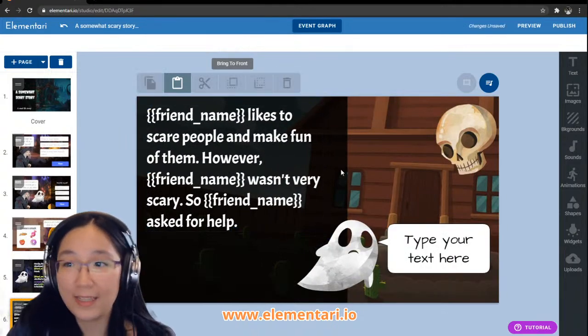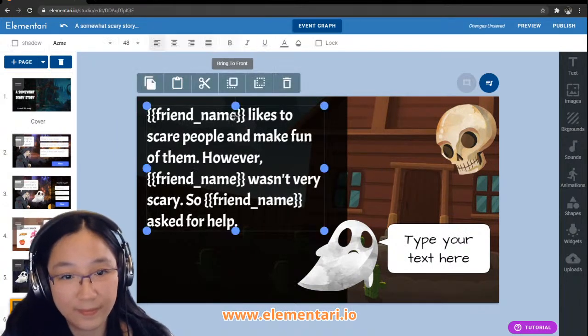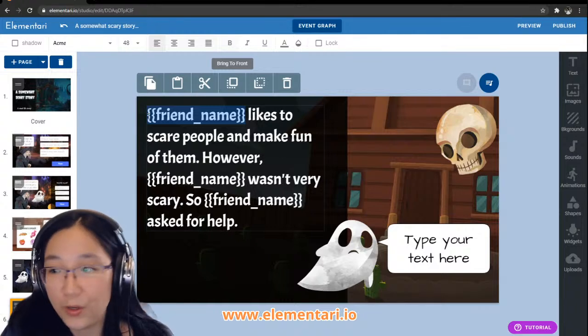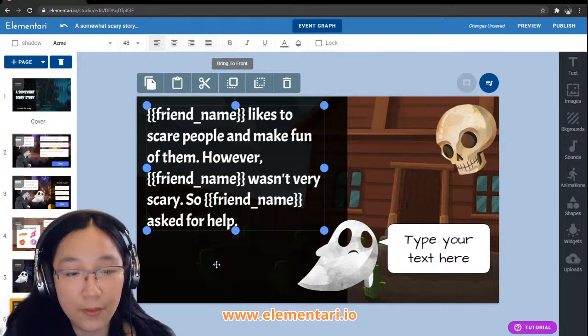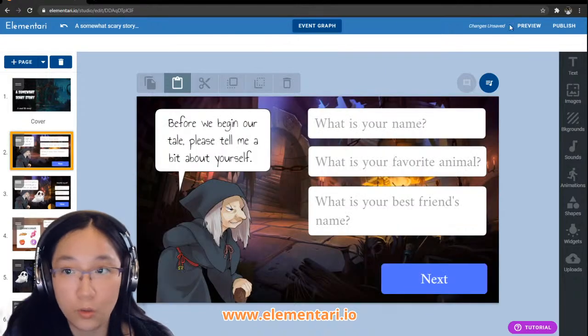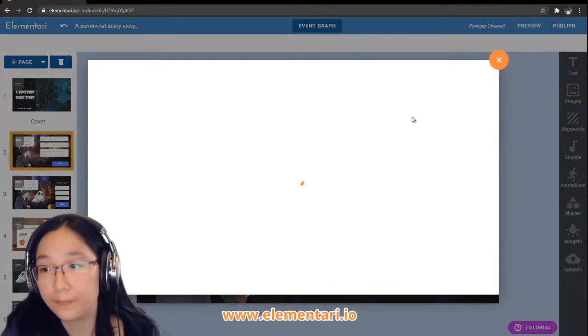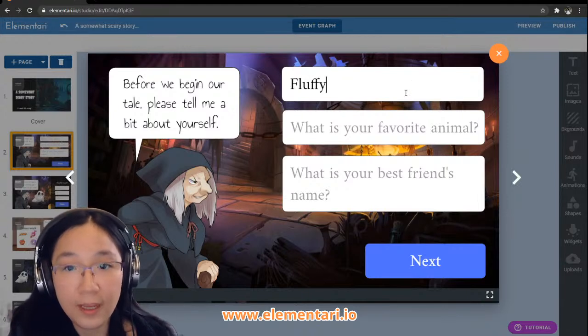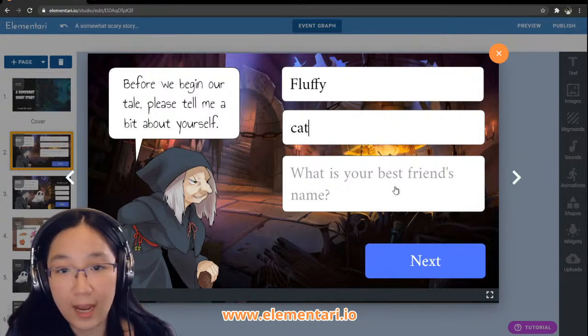So why is it weird? You don't know what the curly brackets mean? The curly brackets are there to show a replacement. They're the variable. So remember when we did our story here, let me preview. When I do, let's say, Fluffy, my favorite animal is a cat.